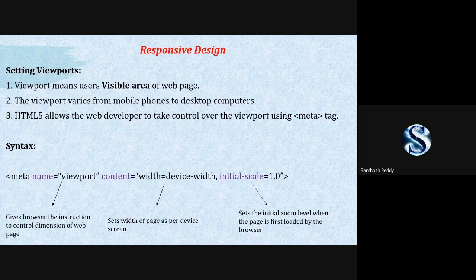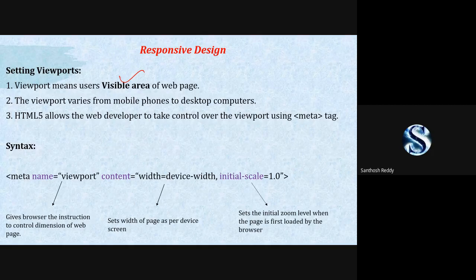See here, setting viewports: viewport means it is a visible area. Whether it is a 13 inch screen or a 3.5 inch screen or a 6 inch screen of mobiles, it is going to be set in your visible area. The viewport will vary from one version of your mobile to another, or from one device to another.